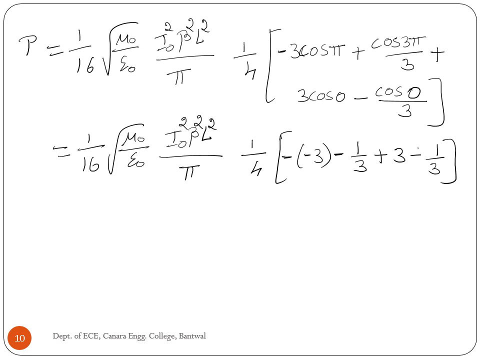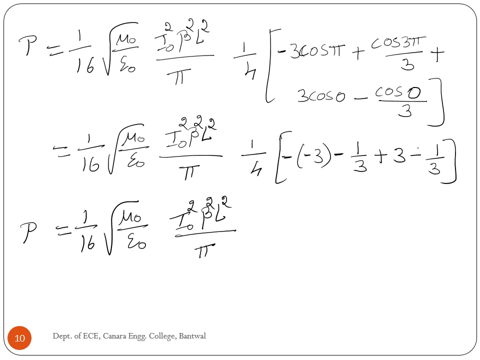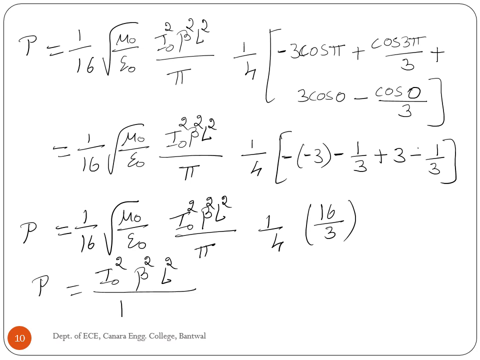Now radiated power is equal to 1 by 16 root of mu naught by epsilon naught I naught square beta square L square divided by pi, 1 by 4. Here we will get 16 by 3. Therefore radiated power is equal to I naught square beta square L square divided by 12 pi